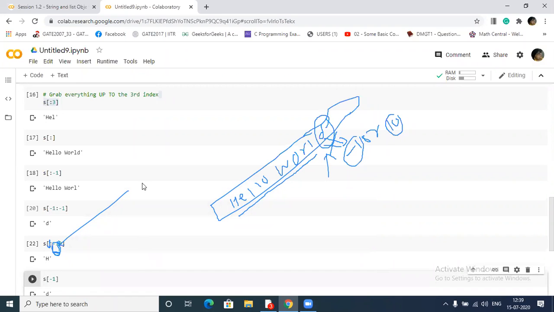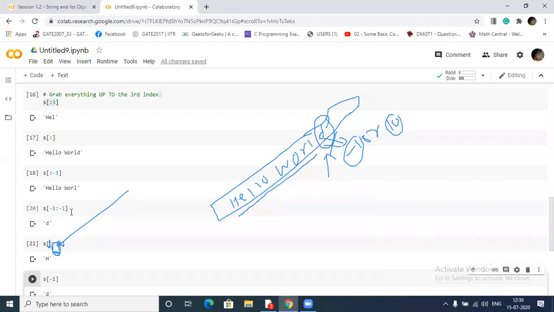Why is that? Because colon has a different mechanism, and this has a different mechanism. Without colon, it indicates go directly to a single index. And here it is slicing. So it prints only one character. This is the difference.